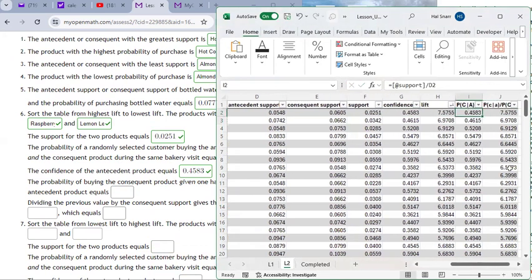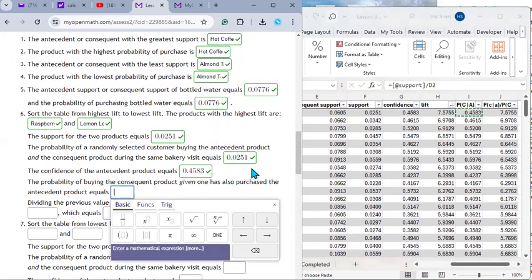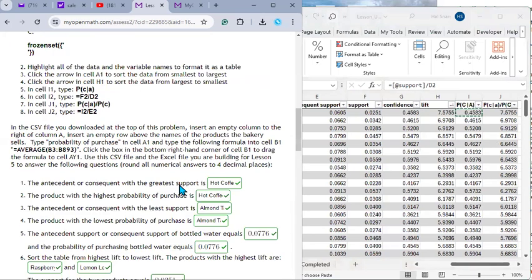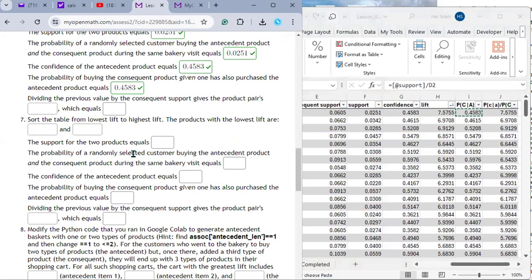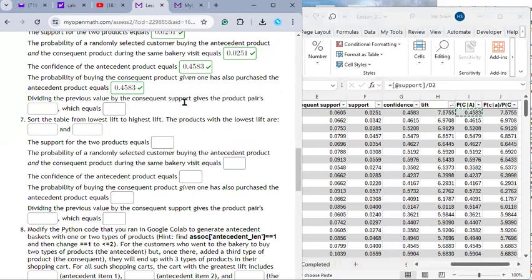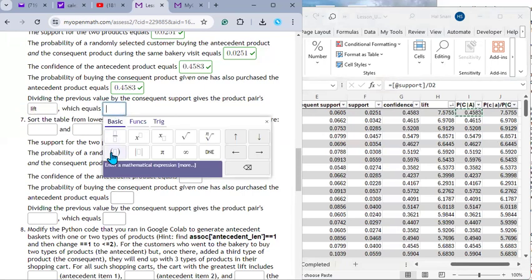That's this. It's the same as the confidence. Dividing the previous value, this value here, by the consequent support gives the product's lift, which equals